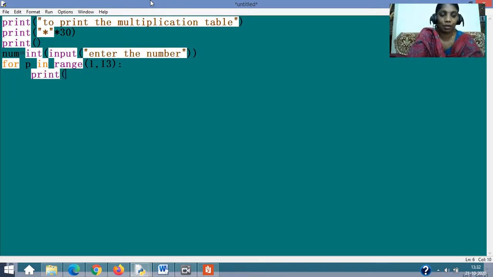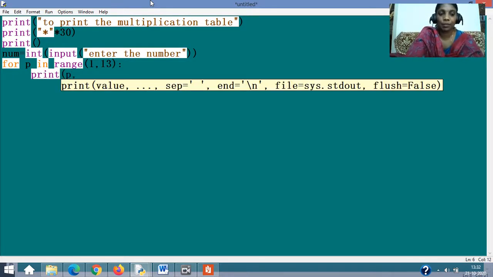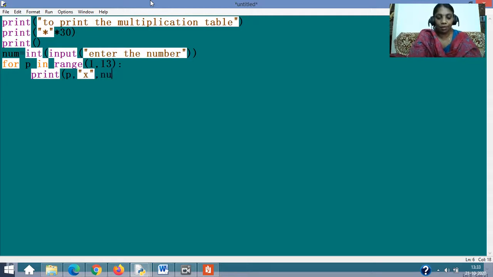So I'm going to write my print in such a way that this will all come properly the way we want it. So P is the first one, isn't it? Then the multiplication symbol is this, isn't it? So I use that, into. Okay, then the number whose multiplication table we are going to print is num. Then we will have a space and then write equal to. Then the real multiplication should start with this, correct?